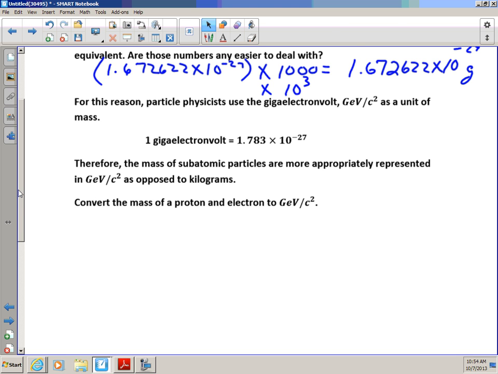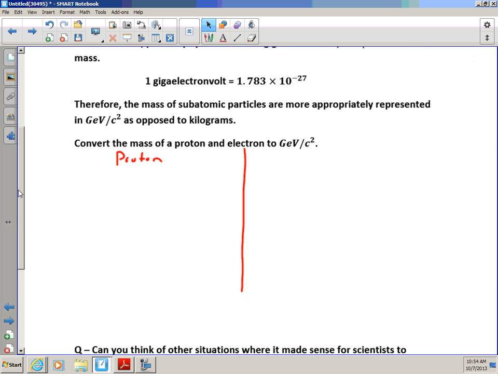And the way to think of how to do this conversion, and I'm going to do the proton here, and then the electron on the other side. But if you think about what you're trying to do, you're trying to figure out how many giga-electron volts the mass of one proton is. So I want to know what number times